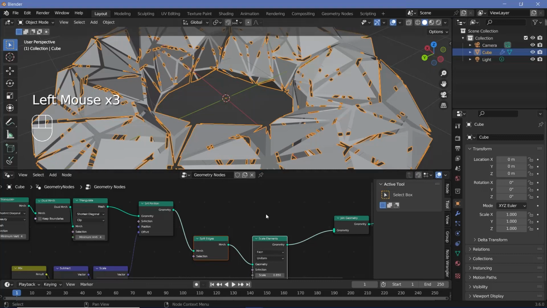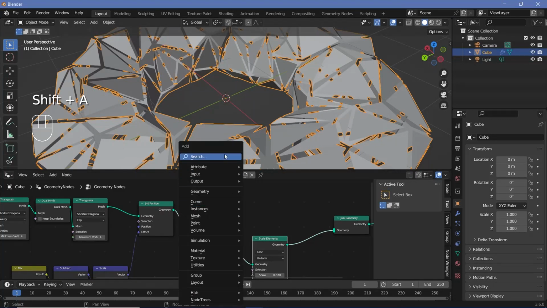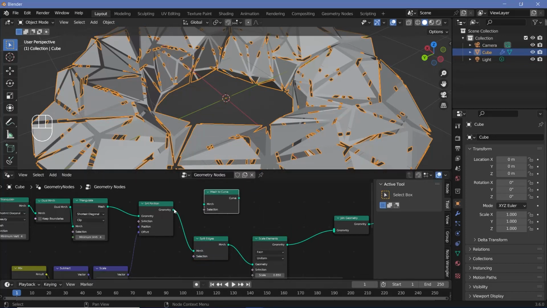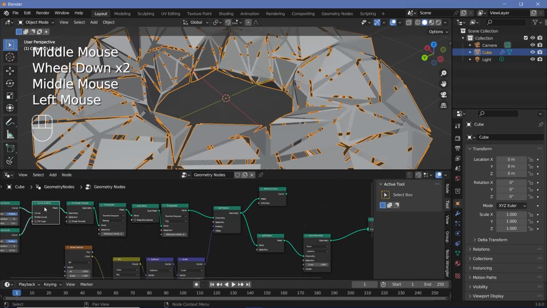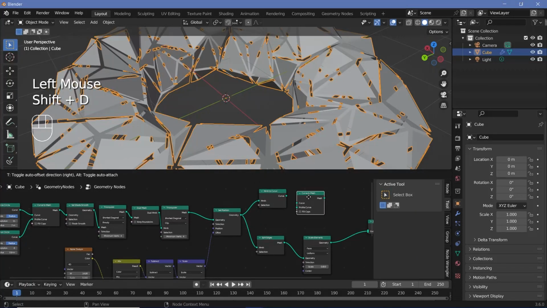Now beyond these faces, I also wanted the wireframes to be present. So let's press Shift A and search for a mesh to curve node, plug that in after the set position just like this, and then convert it back to a curve using this same curve to mesh node. So press Shift D and plug it in here, connect the curve to the curve, and for the profile curve, we can use